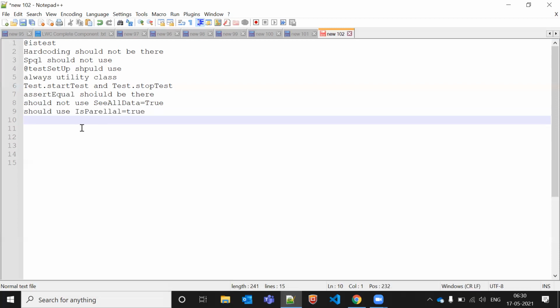Account, contact, opportunity and custom objects are non-setup. Let's say you have user, profile, role, all these are my setup objects. If you are getting mixed DML exceptions, what should we write here? System.runAs.